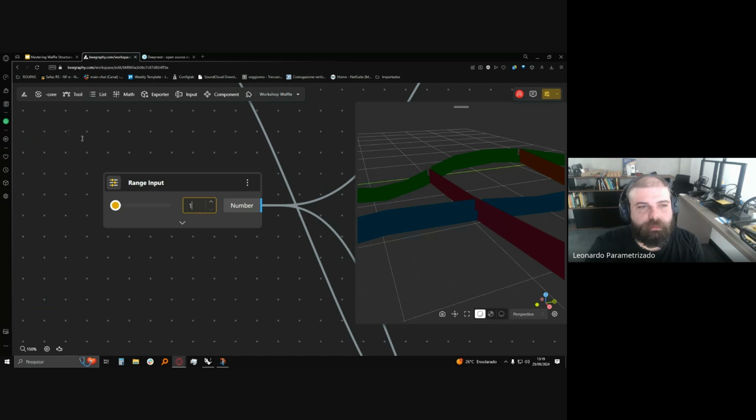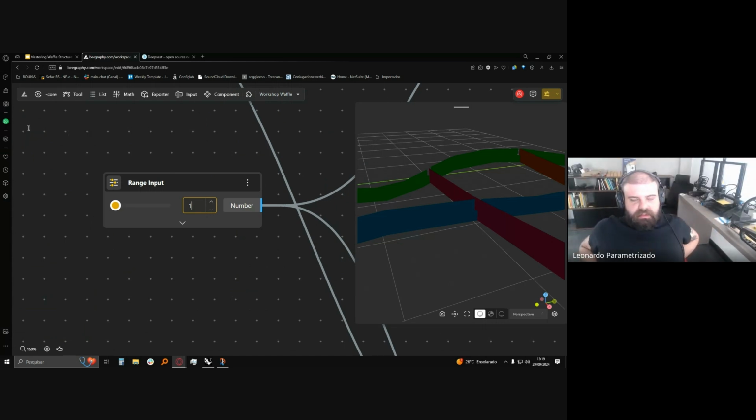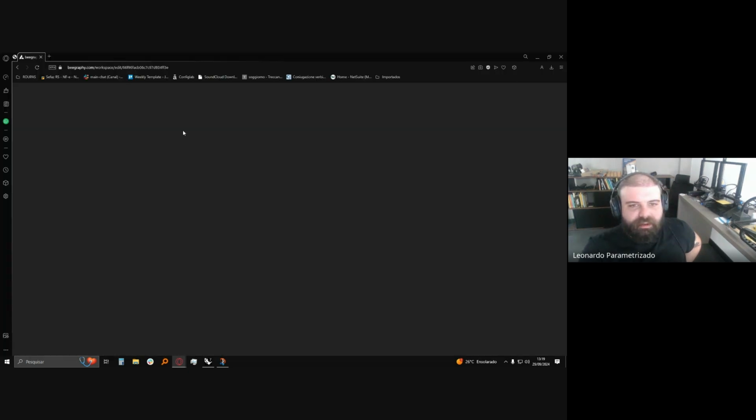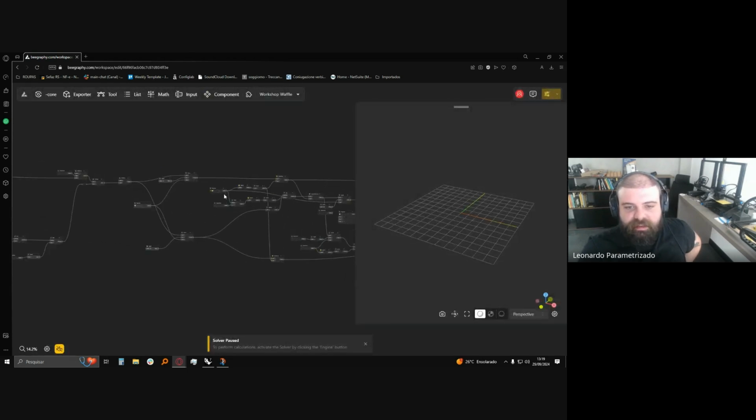How long did you have to wait? No, a couple of minutes or something. But since I don't want to take this workshop further, I'm opening the file again in safe mode. Okay, so guys, I open the file here in another tab, in safe mode, so